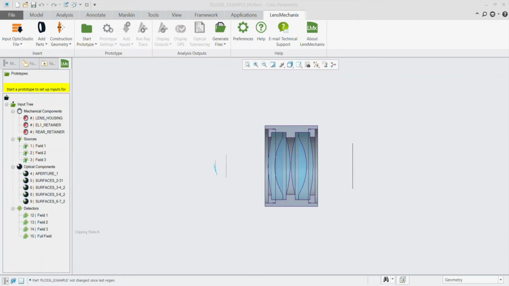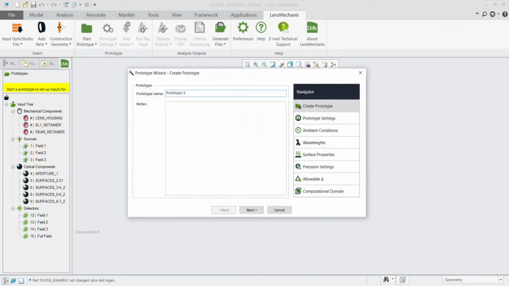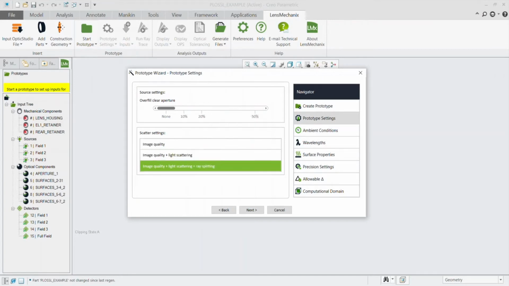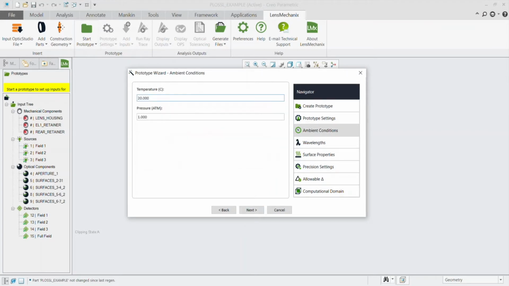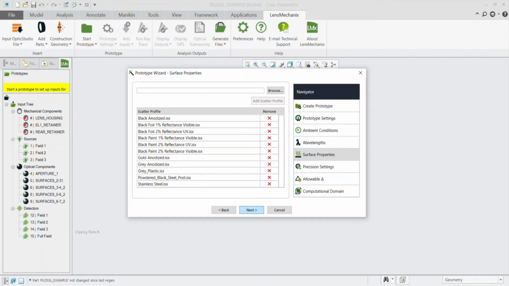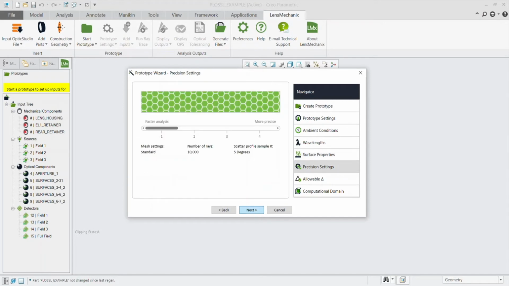When you want to visually assess the optical performance of your system, you can use the LensMechanix for Creo Prototype Wizard. To define all of the settings for your prototype, simply go through all of the steps in the wizard. Some of the settings include adding surface scatter properties to mechanical components, ray splitting to trace both transmitted and reflected light, adjusting a refractive index based on the temperature and pressure, bringing in wavelengths to design according to the OpticStudio file or bringing in custom wavelengths, adding any custom scatter profiles from specific manufacturers,